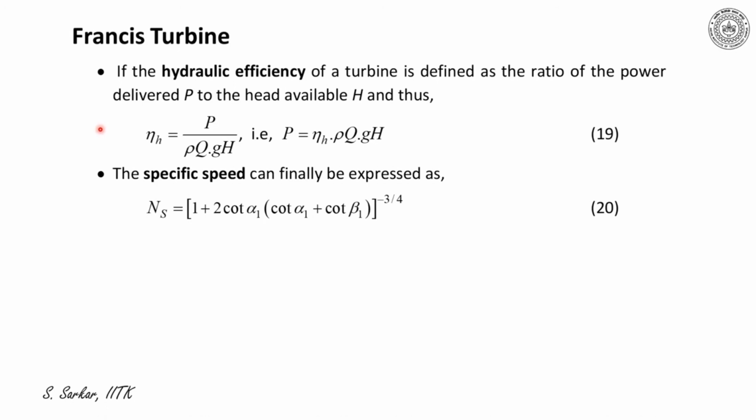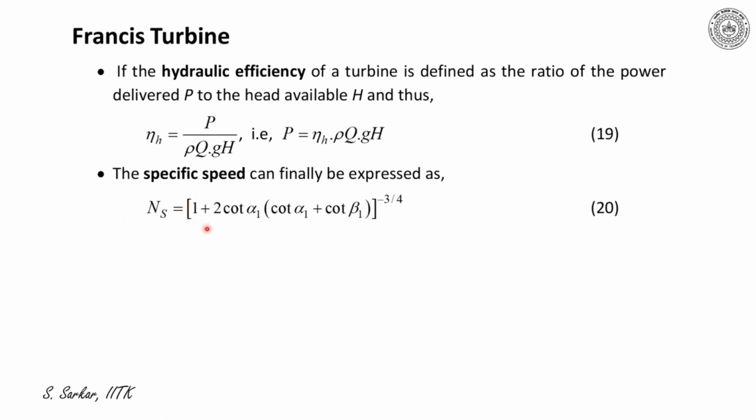If eta H be the hydraulic efficiency of a Francis turbine, while the power delivered is given by P and head available is H, then eta H can be expressed as P divided by rho Q g into H. And thus P can be expressed as eta H into rho Q g into H, equation number 19. Thus putting the value of P in the expression of specific speed, one can show that Ns is equal to,